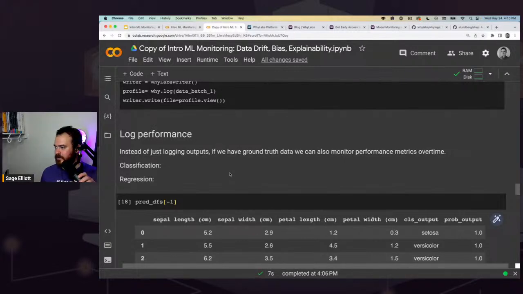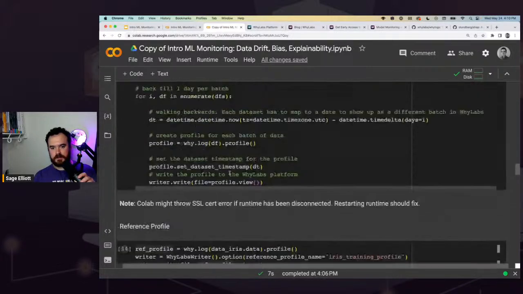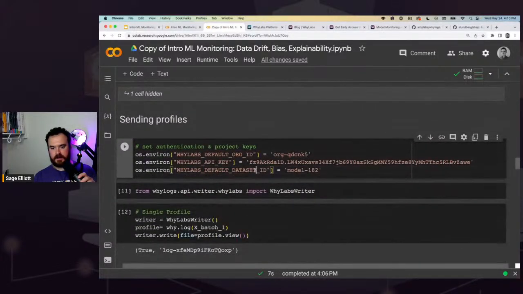Someone said variables, and it was throwing 404 used name instead of ID values. Typically, I think this is where you probably got the 404, or maybe when you set it up to write to WhyLabs. Also, make sure that these are in the right places. That could be another thing, actually. So make sure that the model ID is in this model ID section, like you didn't accidentally paste it into the org ID or the API key.